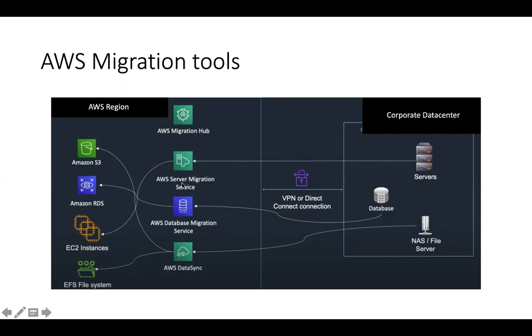The name itself, you can guess by looking at it, AWS Server Migration Service. This is to migrate servers to EC2 instances. See, servers are there. Using this AWS Server Migration Service, you can launch them in EC2 instances. A database is there. It can be MySQL or Postgres or any other database. So now using AWS Database Migration Service, you can put it in RDS, Amazon Aurora, Redshift, these kinds of things.